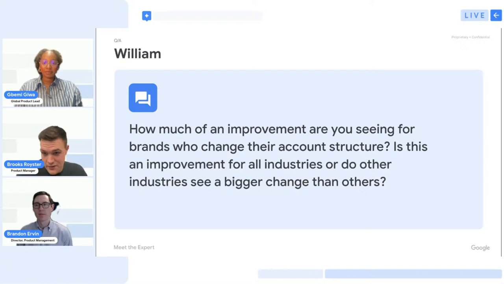Yeah, so another great question. This is where we'll be continuing to release more and more information about who this impacts, what the impact is, et cetera, over the rest of this year. But so far, case studies that we've done have shown that thematic consistency and the resulting consolidation at the ad group and campaign level makes automation much more predictable and interpretable for all customers. So I think that alone is a good thing for everyone to explore and start to test and understand at their level. And as I said, we'll continue to bring more data around how that affects other folks and different verticals, as we pursue this.